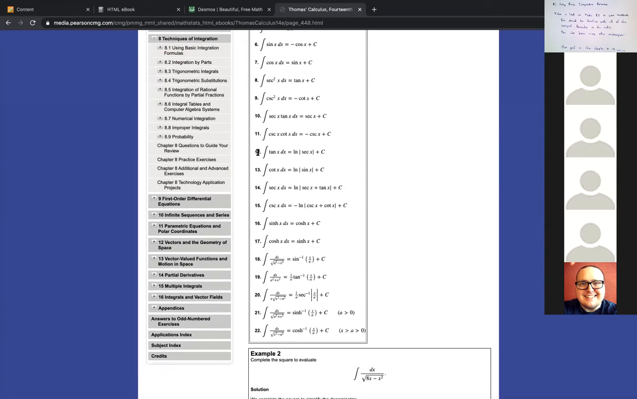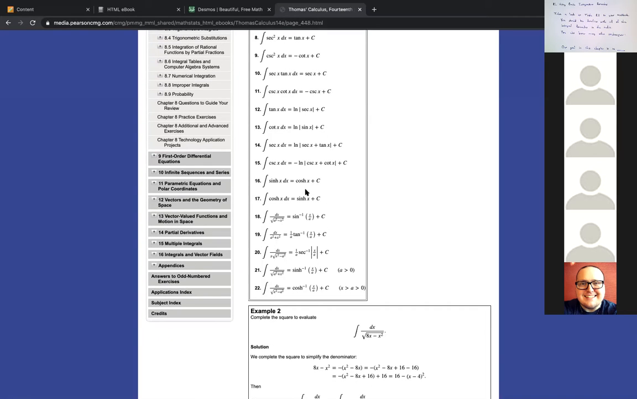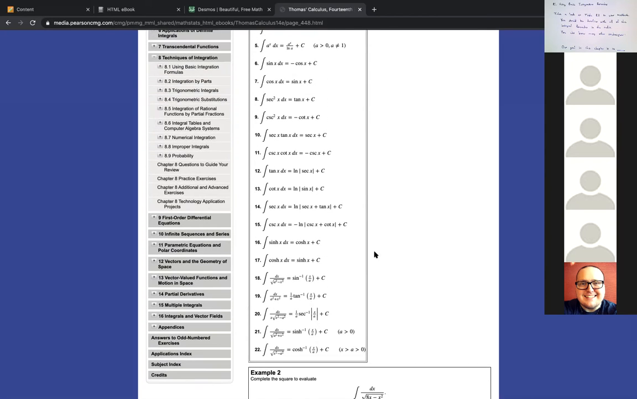And then numbers 12 through 15 are the kinds of integrals that we did in the section over the natural logarithm. And then we have some integrals with hyperbolic functions. These are the two basic ones that they've included here in the table. And then integrals for inverse trig functions, as well as inverse hyperbolic functions. Okay. So this table of 22 integrals